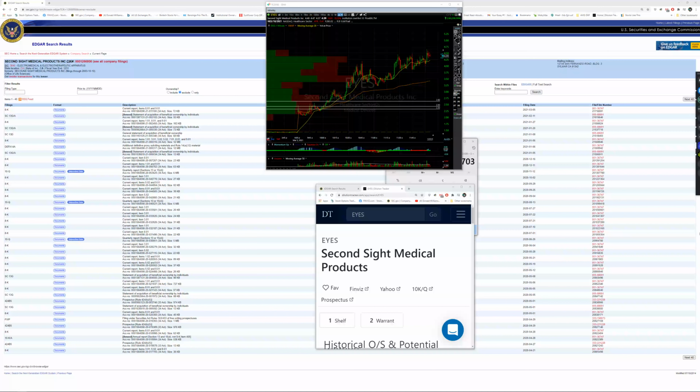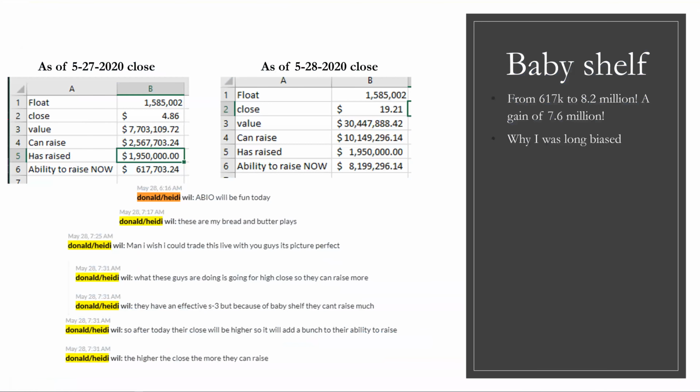So Irina, here, let me pull that slide up again. Irina's question for everybody watching the video was, you said they could raise 600. Now they can actually raise 8 million. Well, where does that price come from? So do you remember the rule of the baby shelf? Under 75 million and 1/3, right? So as of the 5/28 close, they actually closed this at